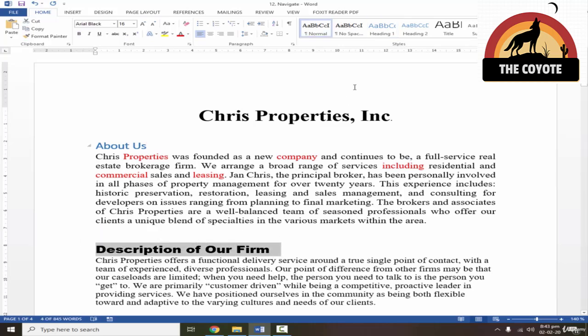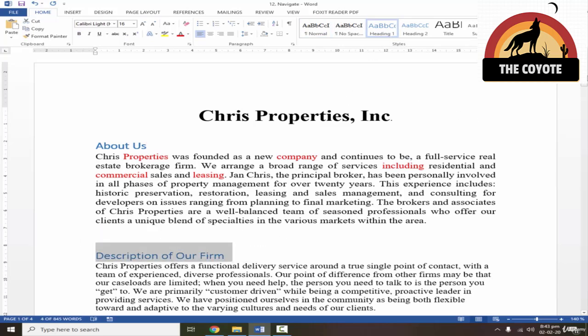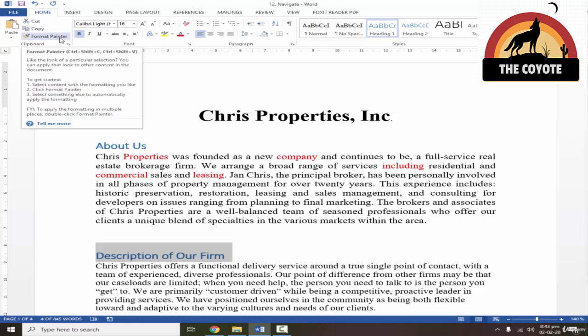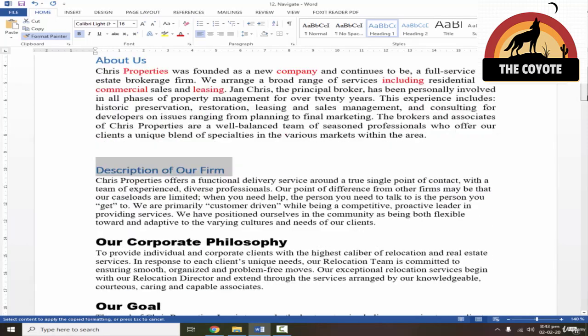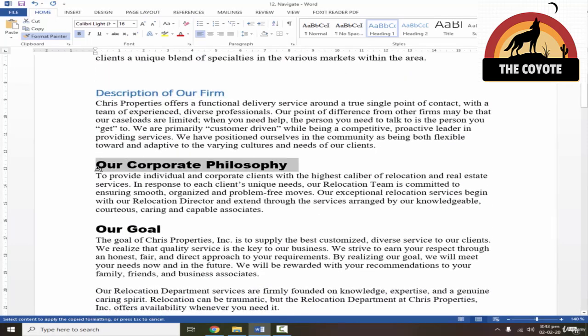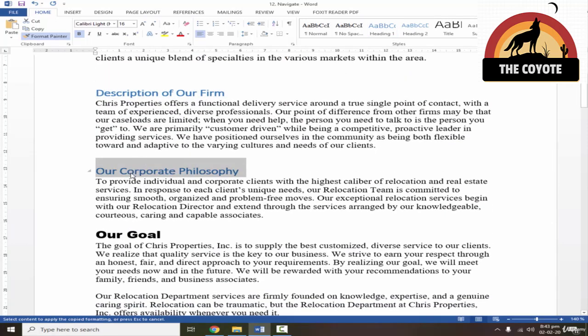For each of them I'll just mark it as heading. Okay, if we try Format Painter for it, let's try Format Painter. Double click and let's see. Remember, when we mark heading, it should show this little triangle.